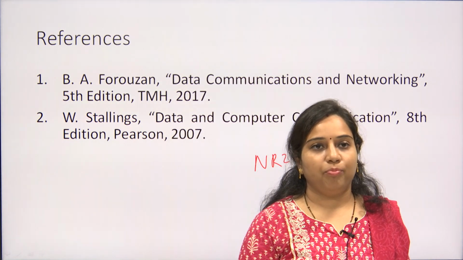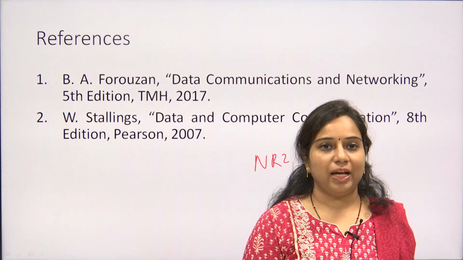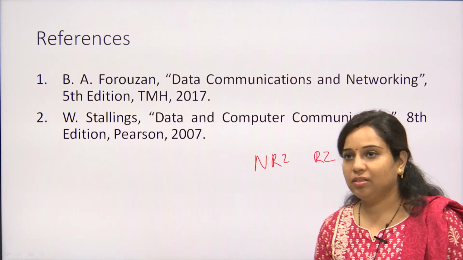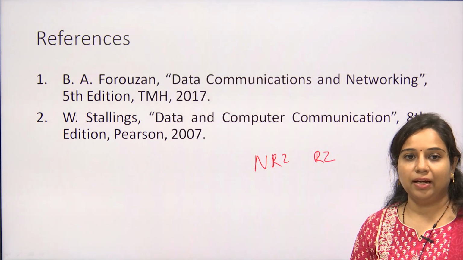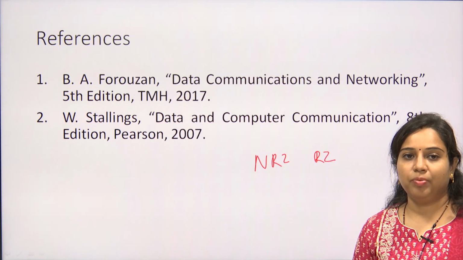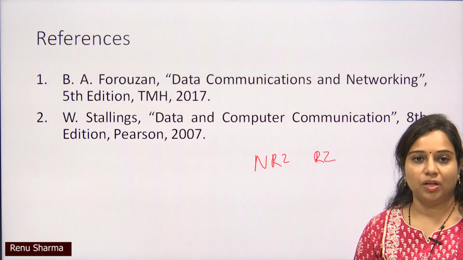Next, we have seen the polar signaling, which is also of 2 types, that is NRZ and RZ. Thirdly, we have seen the third type of line coding, that is bipolar, which considers 3 different amplitudes, that is plus V, 0 and minus V. So, this is all